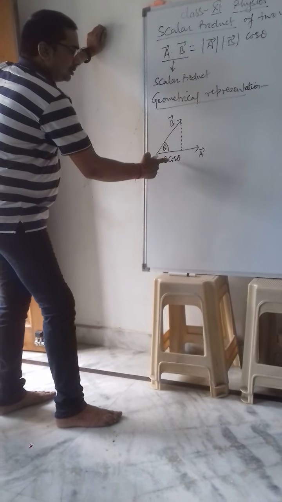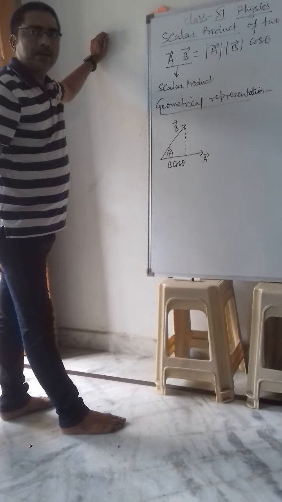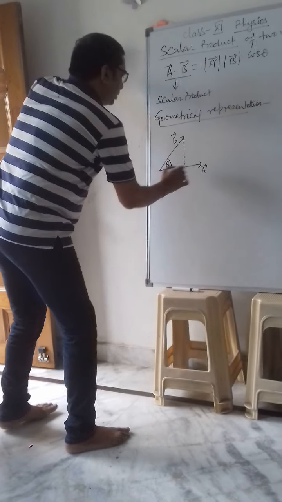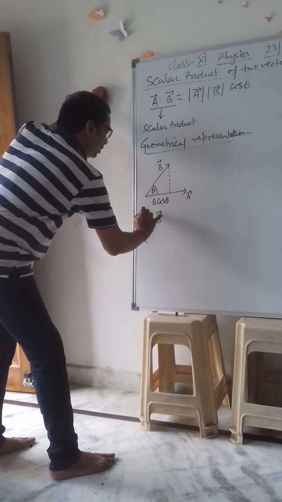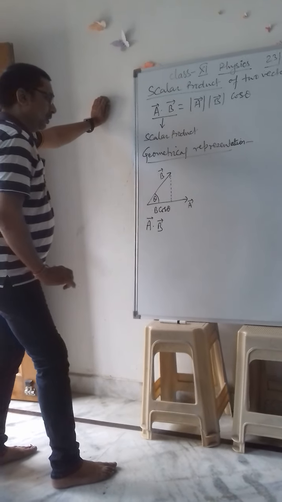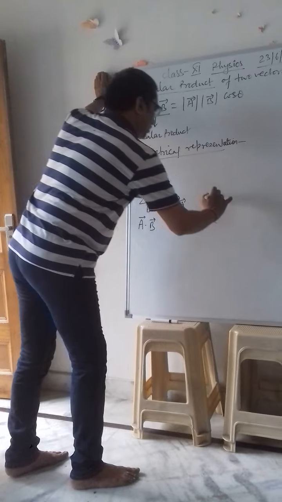Here this B cos theta is parallel to the vector A. Similarly, this is observed as A dot B. This is observed as A dot B. And when we observe,